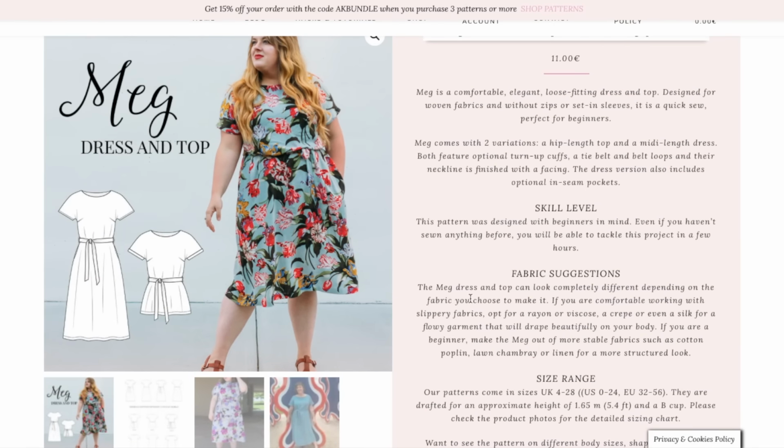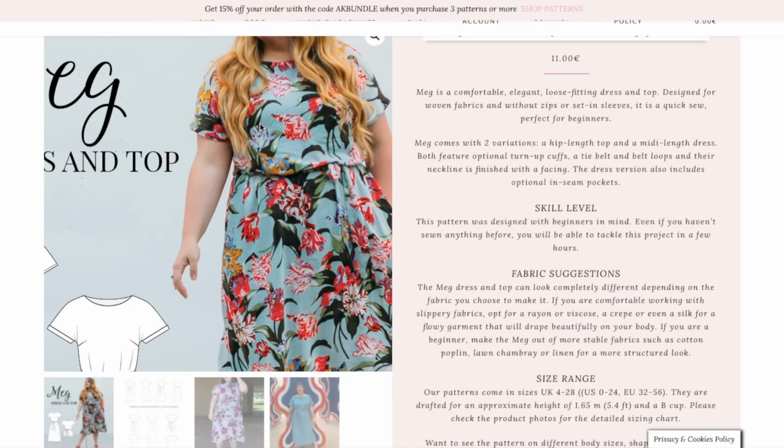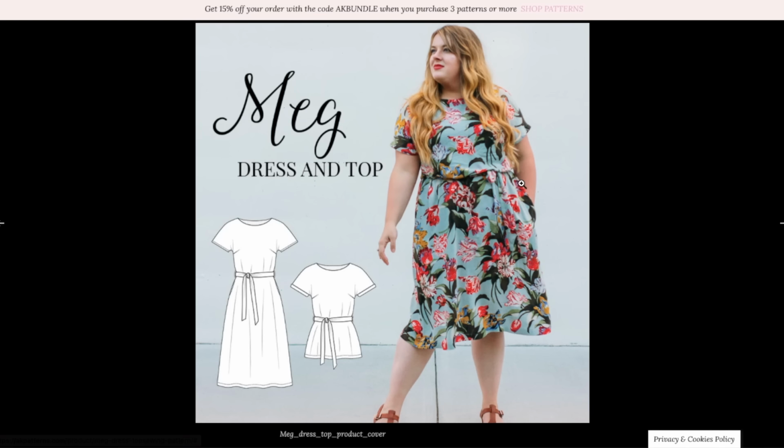I love that she calls out different fabric suggestions for different skill levels. I feel like they really want you to be super successful and give you as much information as they possibly can to ensure that. I know that when I was a beginner, picking fabrics and matching them to not only the garment but my skill set was the biggest hurdle to get over besides fit. But thankfully, I think this is a pattern where fit is relative, like there's a lot of wiggle room here,